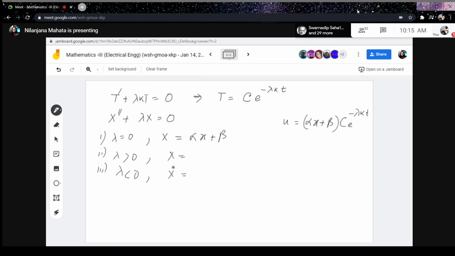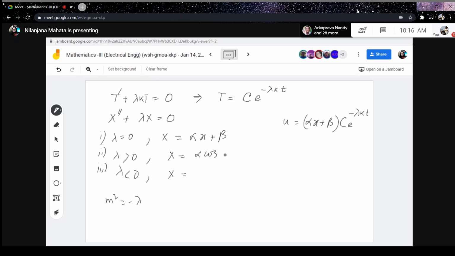Tell me, when lambda is greater than 0, what will be the solution X solving this equation? That is m square is equal to minus lambda. Okay, C1 e to the power root lambda x plus C2 e to the power minus root lambda x. And when this is minus lambda, your m is equal to i root lambda, so there will be cos and sine,